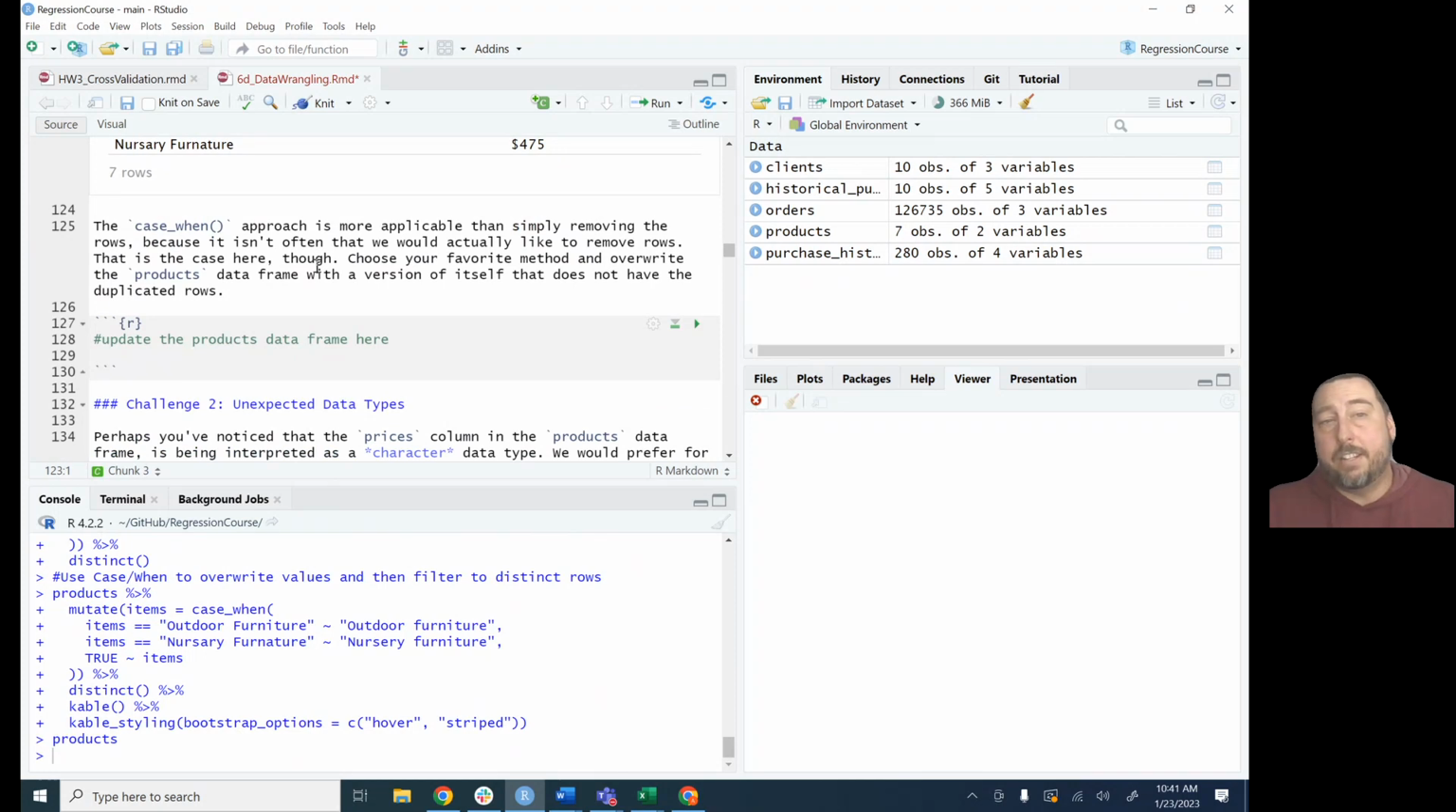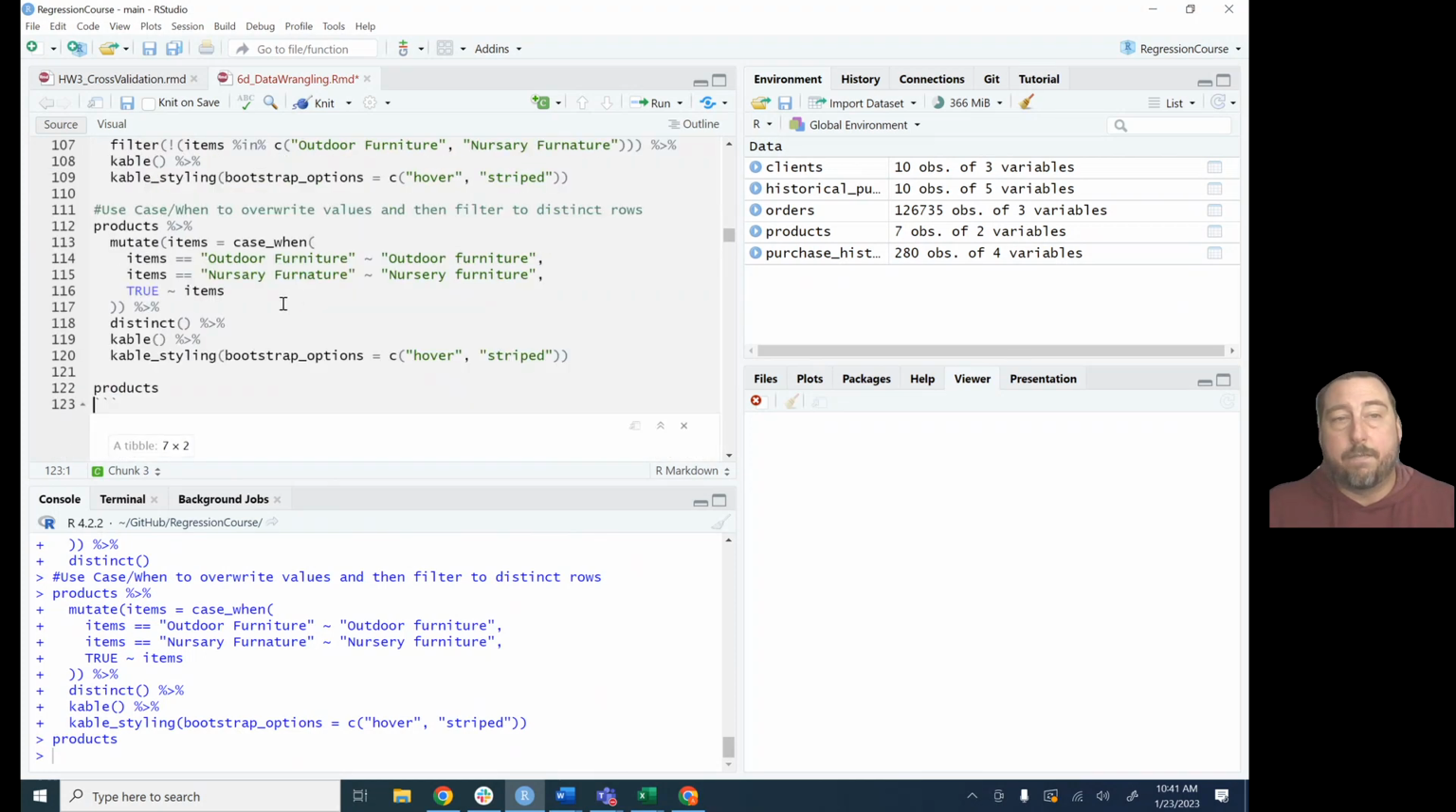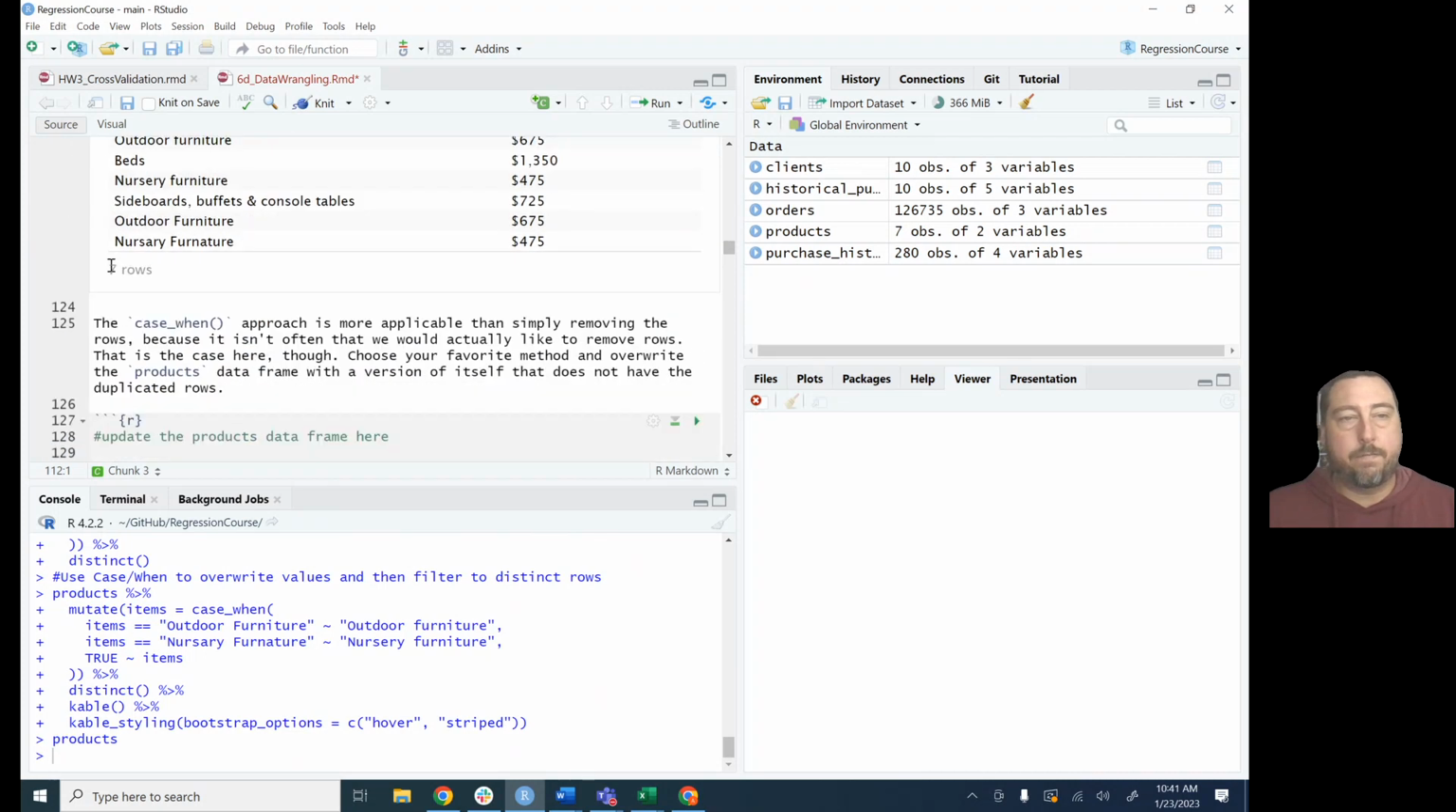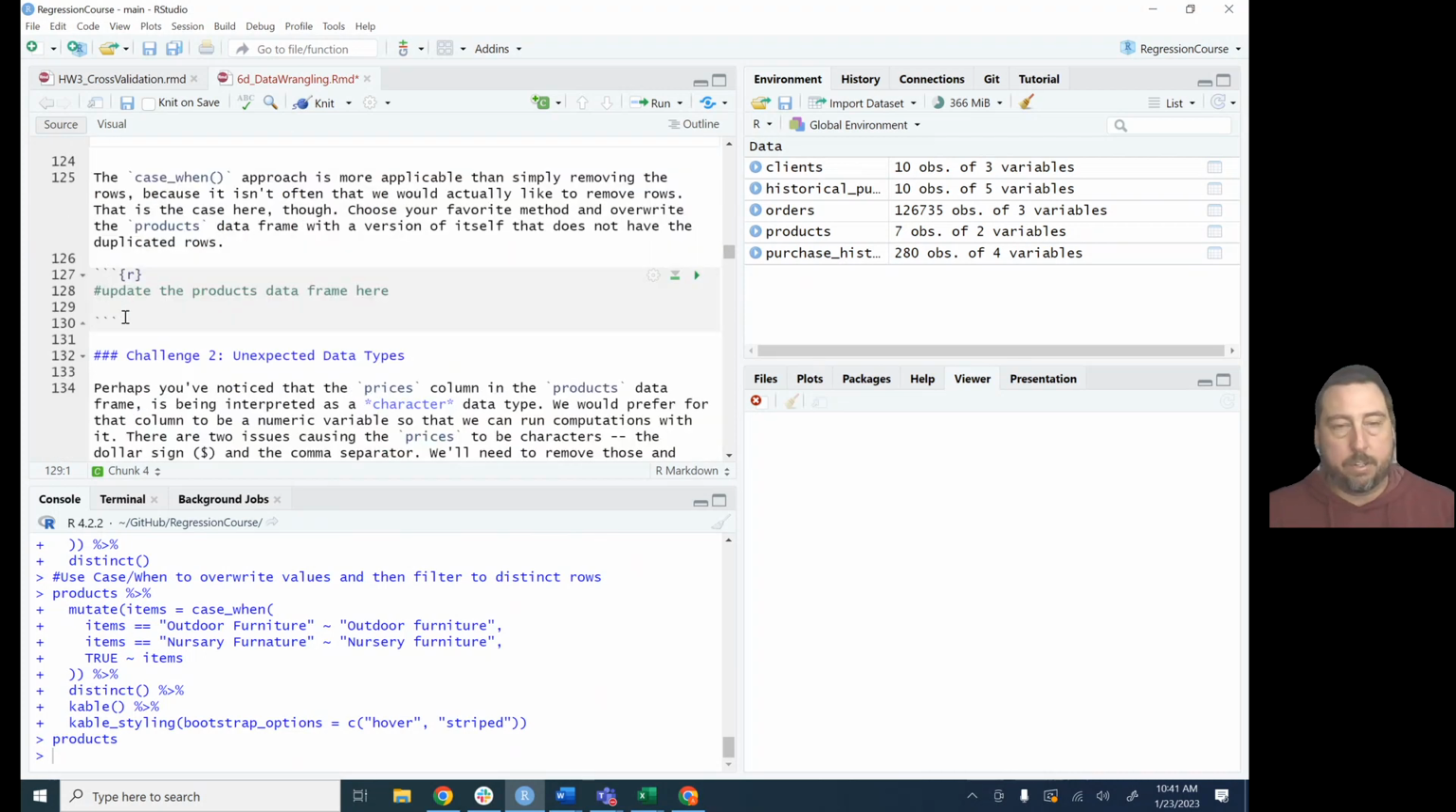The reason that's the case is because we haven't updated the data frame. We've just asked for the data frame to be printed out, right? Mutate the column, filter down to just distinct rows, and then show me the results in a pretty format. What we can do instead is take our transformed data frame, so that code that we used to